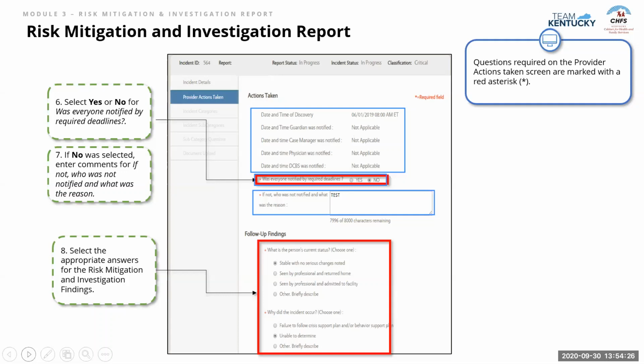Now after that, we have our follow-up findings section. We have a couple mandatory fields here. We have what is the person's current status. So you could choose one of those pre-populated options, such as stable with no serious changes noted, or seen by professional admitted to facility. But if none of those are fitting, you could go ahead and select other, which is at the bottom of that question. And there will be a free-form text box that will populate,